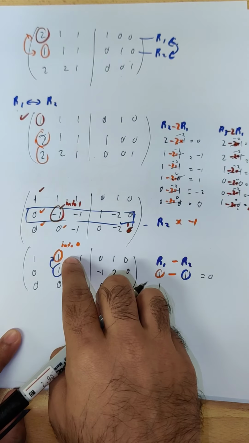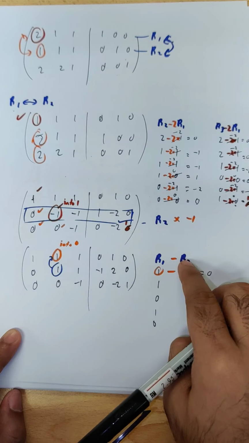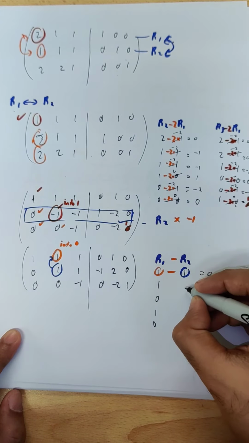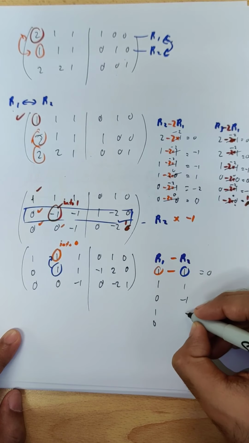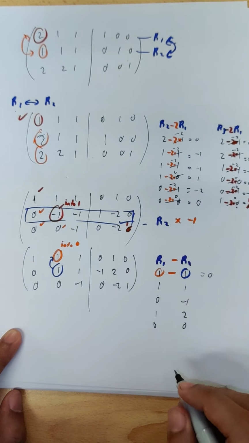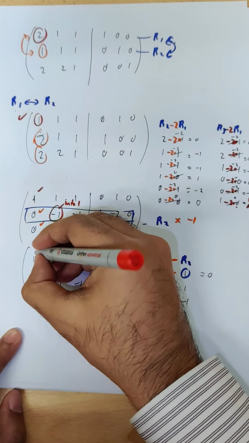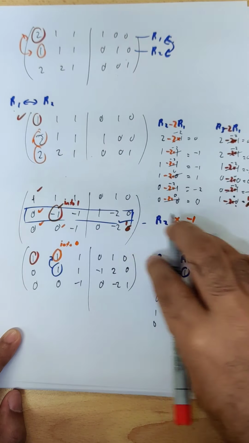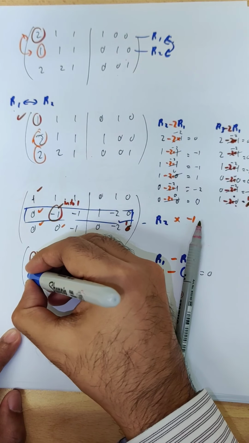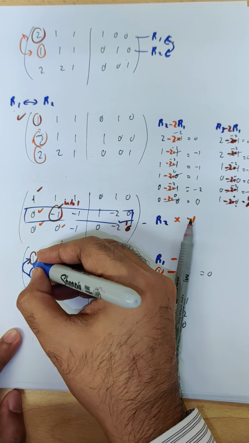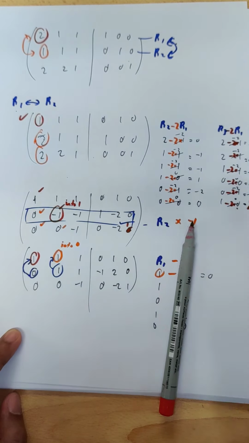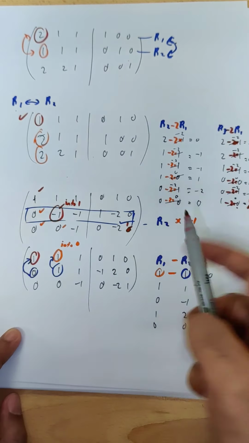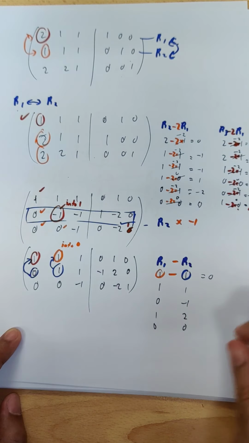And you might ask me, sir, why don't you copy this one first? You can see more clearly: 1, negative 1, 0. Okay, you might ask me, sir, why don't you take this one? Why don't you include it in the work? Because the one that attacks it is 0, right? Anything that is attacked by 0 is still going to stay the same. So you don't copy that one. Just continue with the rest.